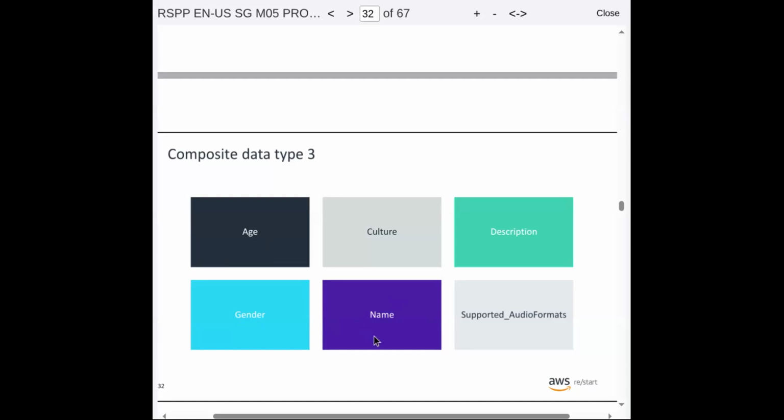So maybe we can have a name. Shauri yenu. We can, yes, you see, I'm 90 years old. I have gray hair. So we can have a data type for the name, and name is say Habakkuk, age is say 12, culture say Kenyan, gender, are you male or female, or you prefer not to say